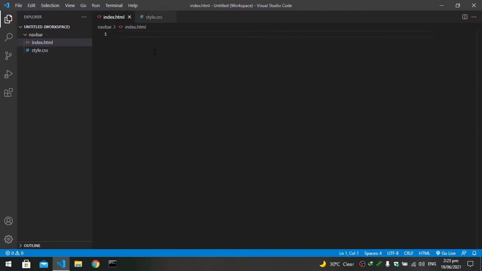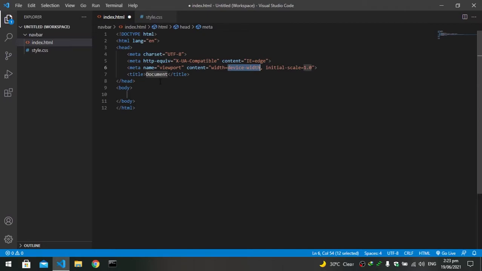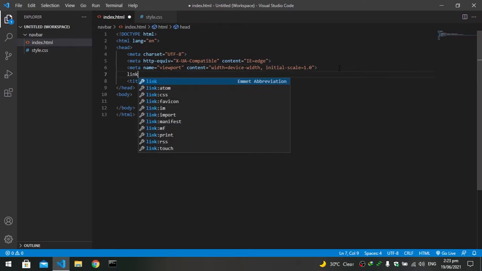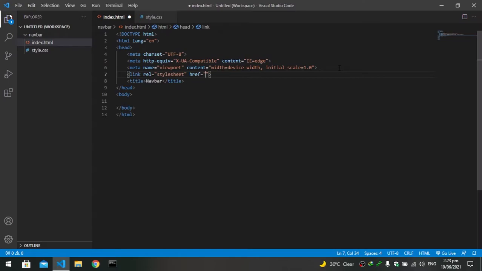So in the HTML file in VS Code, if you're using VS Code, just press exclamation mark. It's going to create the from scratch code that you don't have to write every time, and all you have to do is change the title name. Let's call it navbar. And another thing that you're going to do is link the HTML file with CSS so that after writing the content you can also style it. So to do that, write link above the title, and in href write the name of the CSS file,